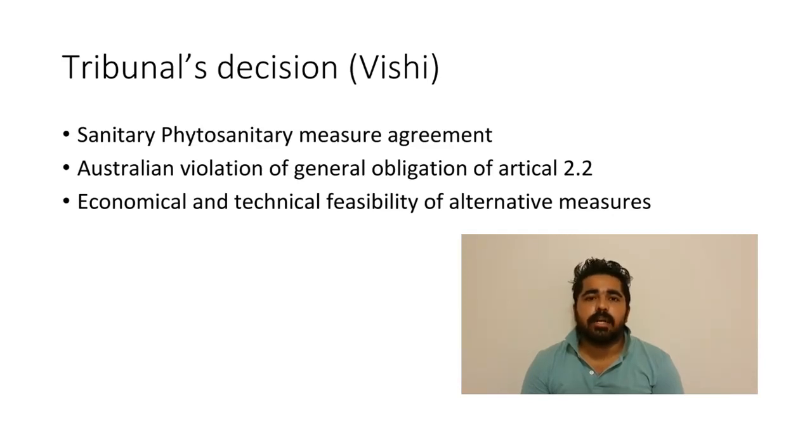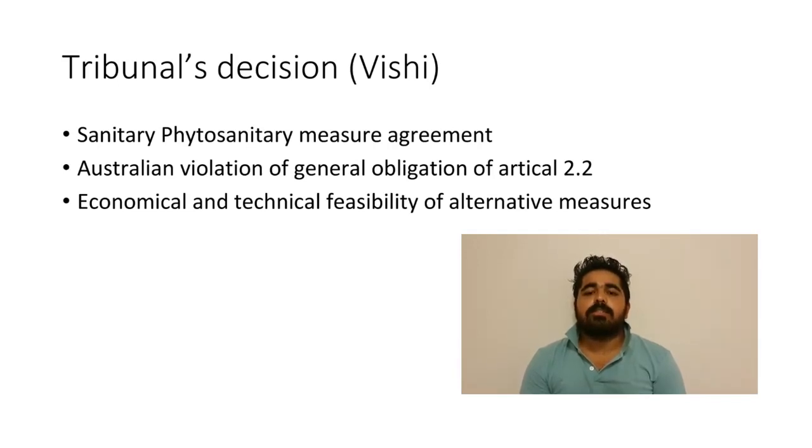Today I am going to present in front of you the tribunal decision of the dispute salmon case between Australia and Canada. The panel emphasized the three requirements that were set down already by the Appellate Body, which are fundamental: establish a risk assessment. The panel also noted that a rational relationship between risk assessment and measure should be present for the measure to be based on it. And the second one is the panel came to a conclusion